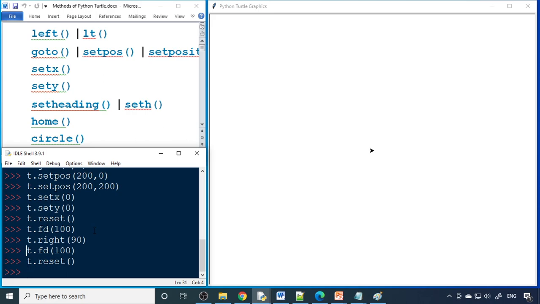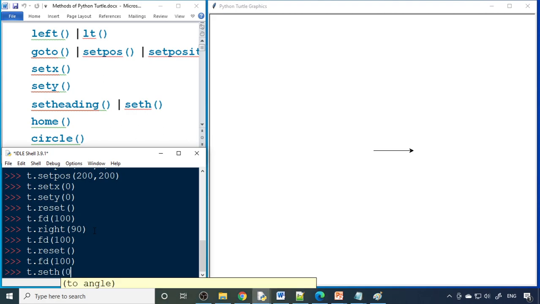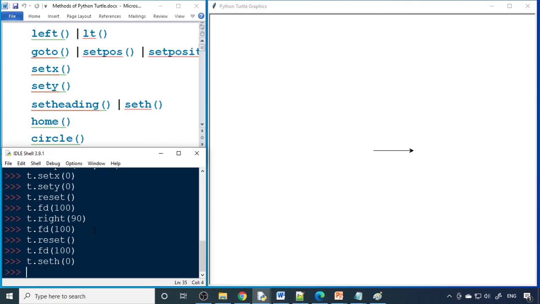So first, I know it should go 100. Let it go 100. Now what will set heading do? So t dot set h, here there's heading. Now if I give 0, what will happen? It's in the same direction. So 0 means towards the x direction. If I give 90, set direction to 90, it takes a left turn. Okay, it's anti-clockwise. It takes the left turn and goes upward.